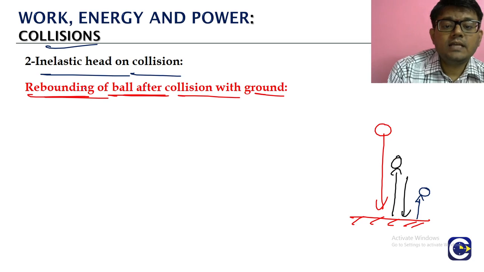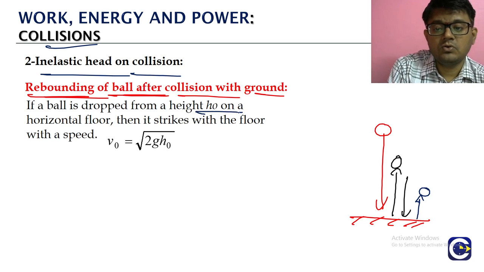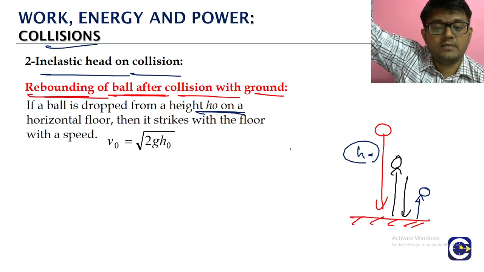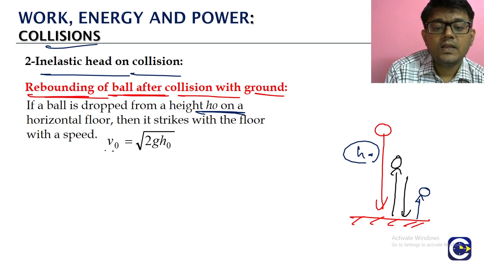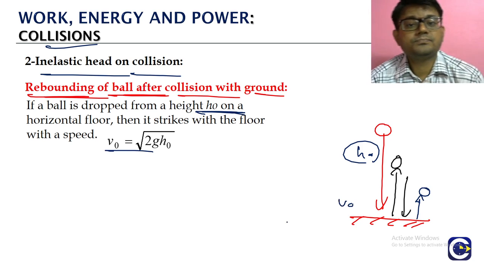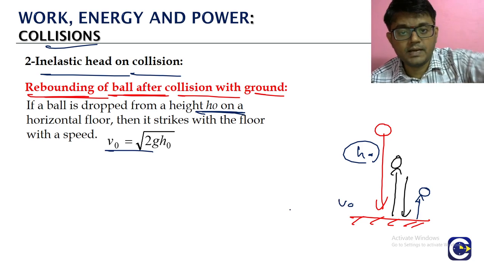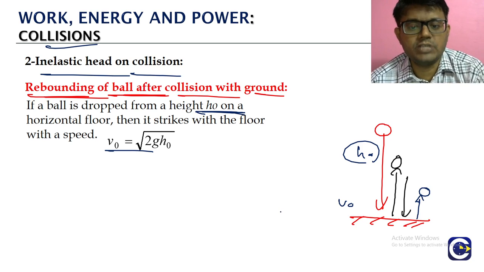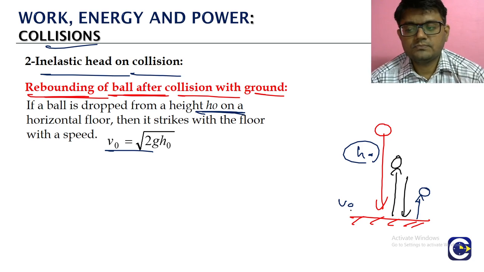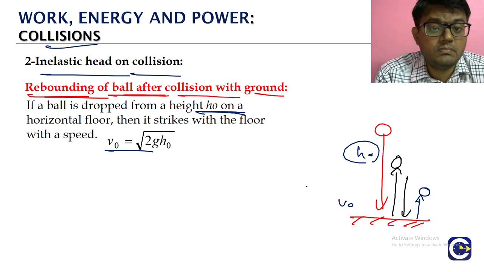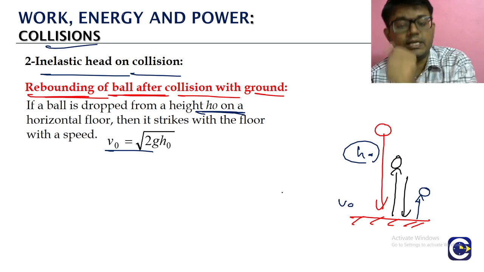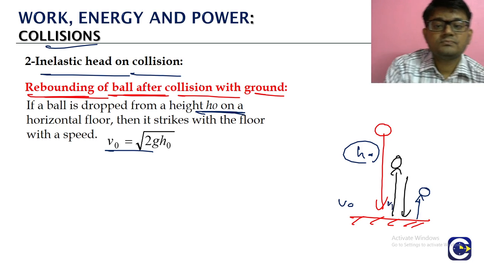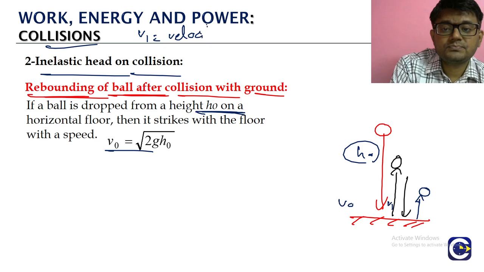So இங்க பாருங்க, the ball that we are dropping, let us say நம்ம ஒரு h0 height ல இருந்து drop பண்ண வெச்சுக்கோங்க. Okay, so horizontal floor ல இருந்து we are measuring a height h0, அங்க இருந்து we are dropping it. நம்ம அங்க இருந்து drop பண்ணா what is the velocity with which it will strike the ground, kinematics, right? நீங்க ஒரு h0 height ல இருந்து drop பண்ணா what is the final velocity, root 2gh தானா. So it will be root 2gh0. So before the collision, what is the velocity of the ball, it will be root 2g into h0. Okay, collision க்கு அப்புறம் let us say the velocity is v1 னு வெச்சுக்கோங்க. v1 is the velocity after